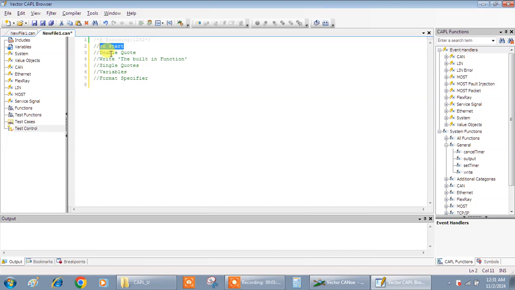It allows you to initialize variables, set timers, or set up any other required configuration at the beginning of your CAPL script. So the purpose is initialization, starting timers, setting up communication and logging, whatever you need. Let's jump into this. I'll write on start, and this is the syntax for on start. In on start, I will write